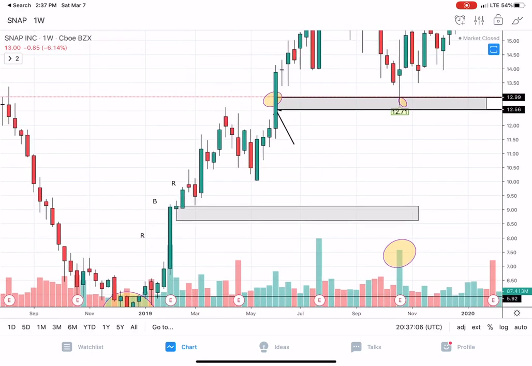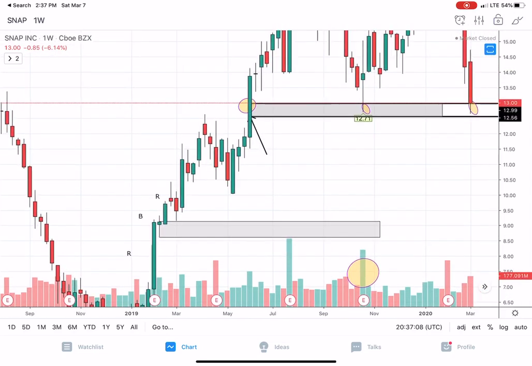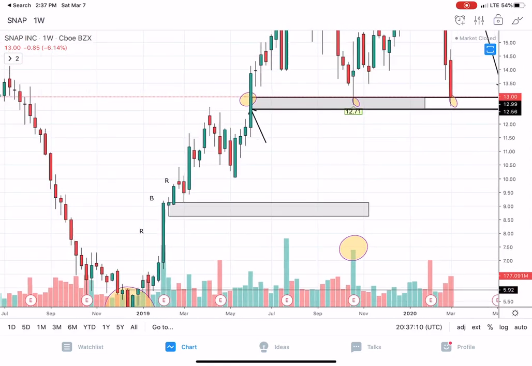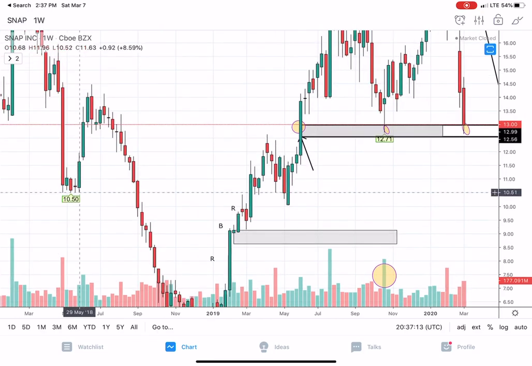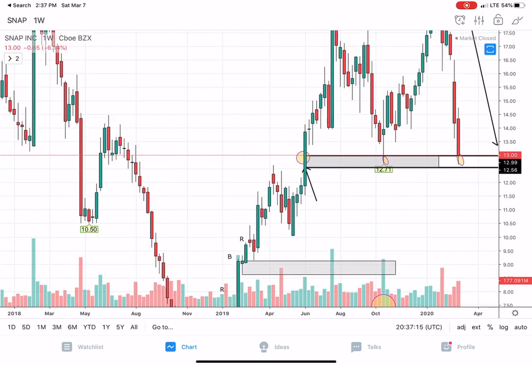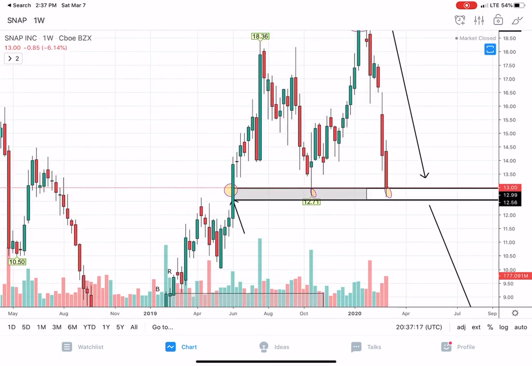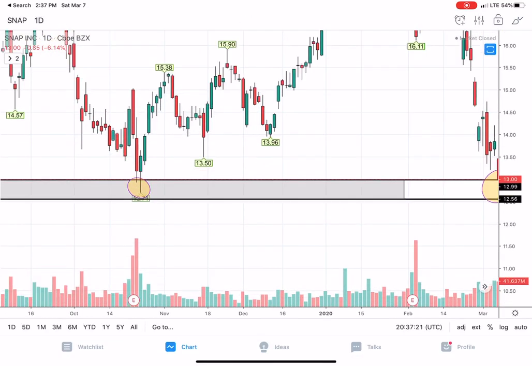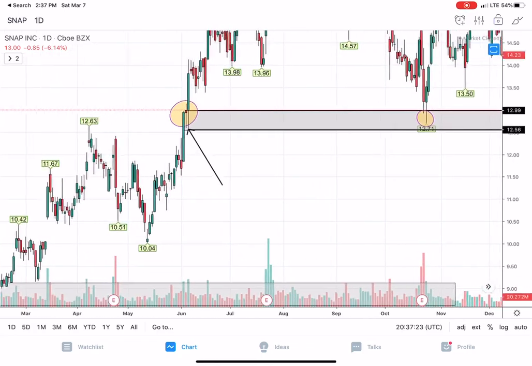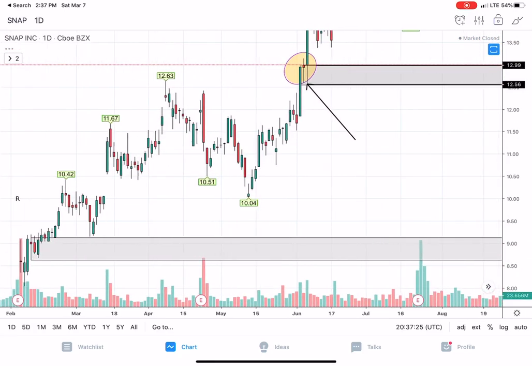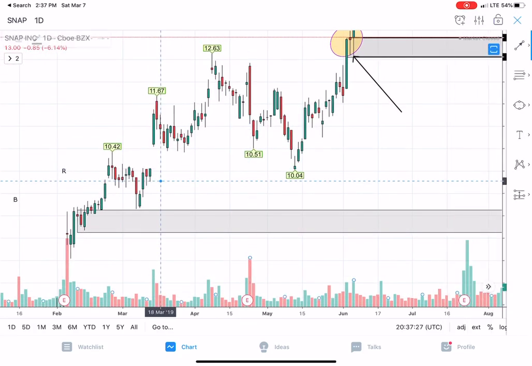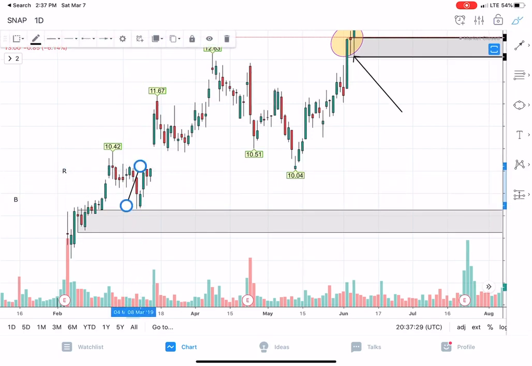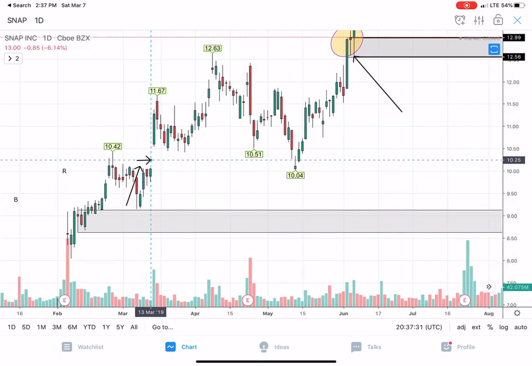But here's another example of it working. Rally-based rally. And again, guys, it works on all time frames. It obviously holds more significance on a higher time frame. But if I went into a daily chart, I could show you guys many imbalances. So here is a rally-based rally. You get a rally, and then you get that consolidation before the gap up. Rally, base,